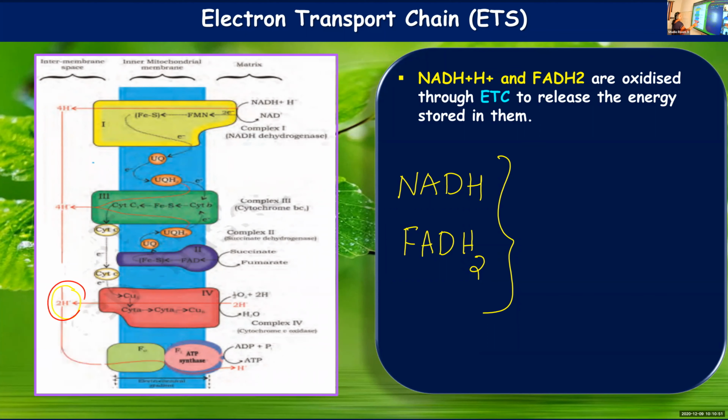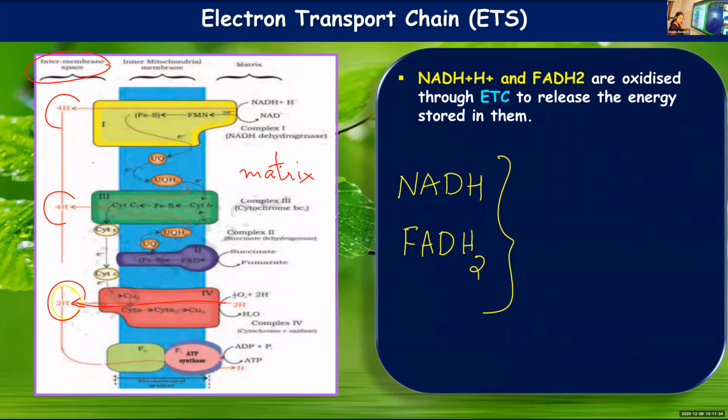So here you can see pumping of protons taking place. Here also, from the matrix. So this is the matrix. From the matrix, protons will be pumped into the intermembrane space. I'll say once again, the electrons released from NADH and FADH2 will pass through complexes 1 to 4, transferred from complex 1 to 4, utilizing the energy released by the transfer of these electrons,